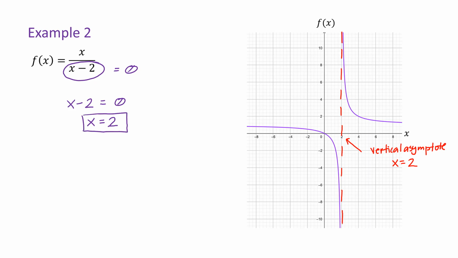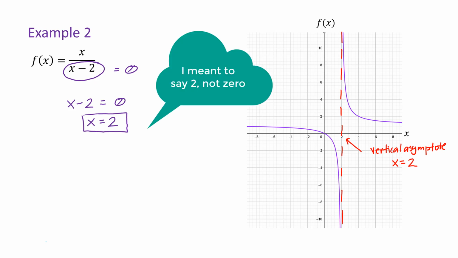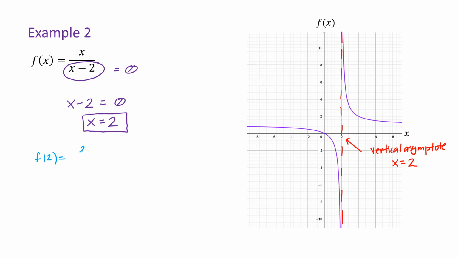To understand the logic of this, remember that we can't divide by 0. That means that the denominator of the function can have any value except the one that makes the denominator 0, because that value does not exist for the function. In this example, when x equals 2, what do we get? f of 2 equals 2 over 2 minus 2. That equals 2 over 0. And 2 over 0 is indeterminate. It doesn't exist. That's why in the graph you see that the curves never pass through the line x equals